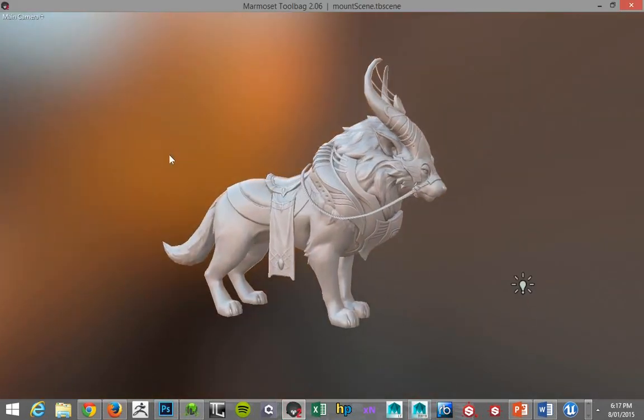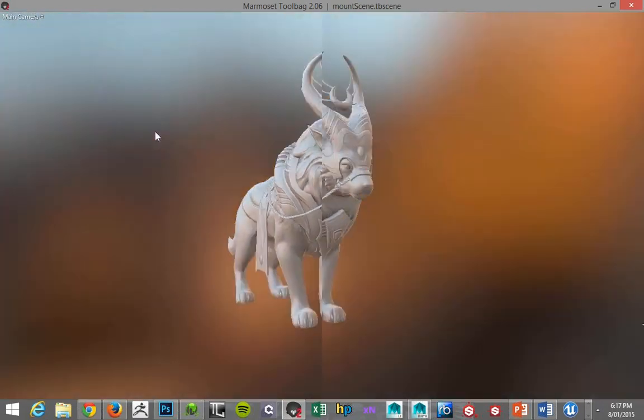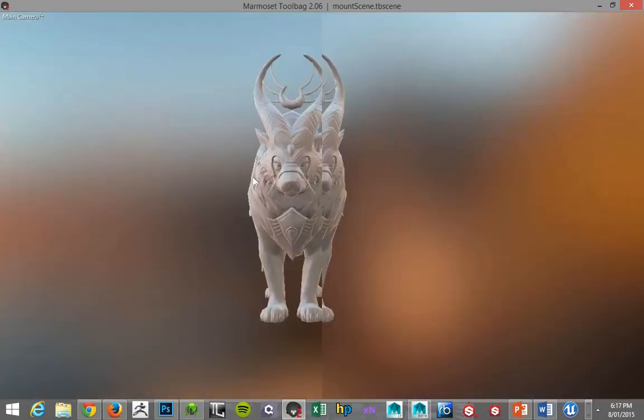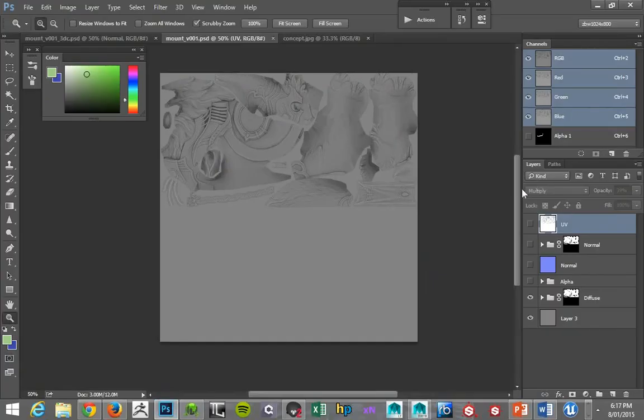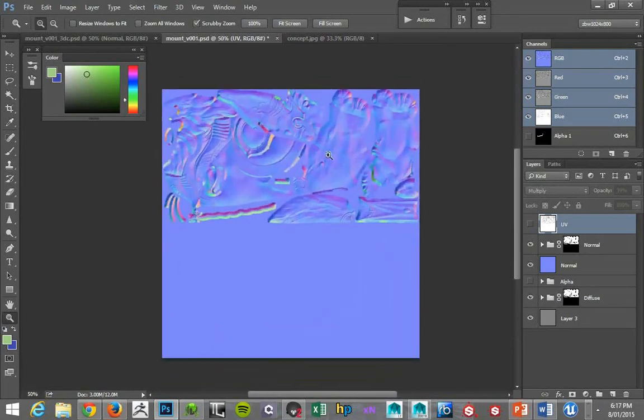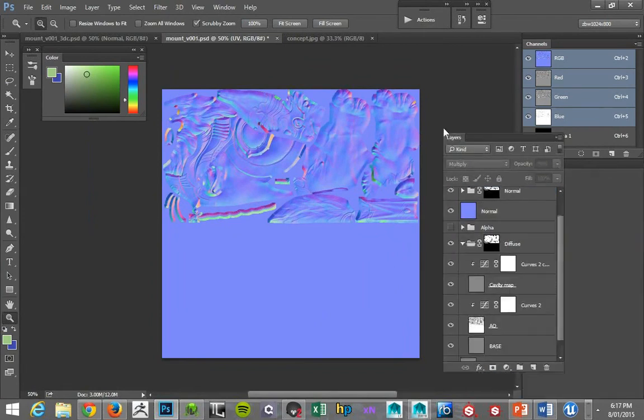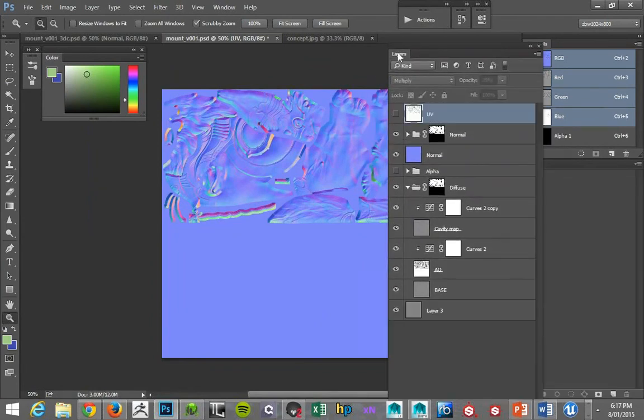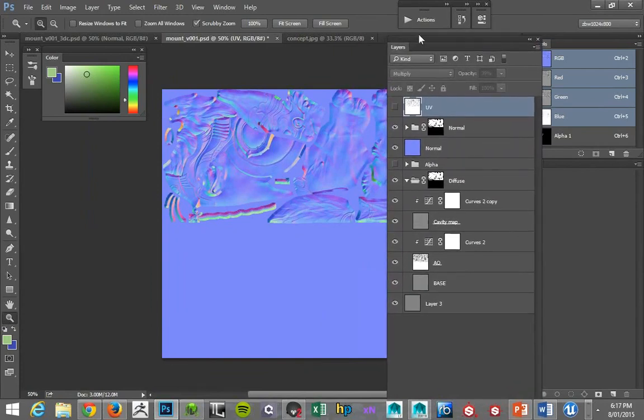Okay, so he's fully baked. We've got all the pieces. Yeah, here we go. So we've got all the normal map pieces all pieced together. Same with the AO map. And this is kind of where I left off last lesson. We're sort of like baking a couple of these pieces out. So I've gone ahead and